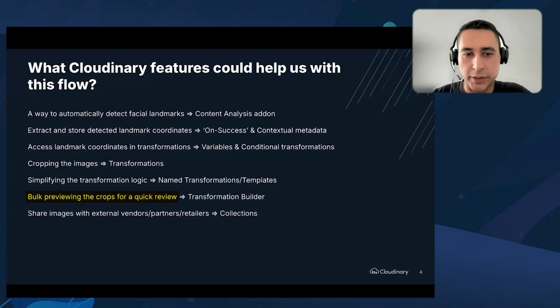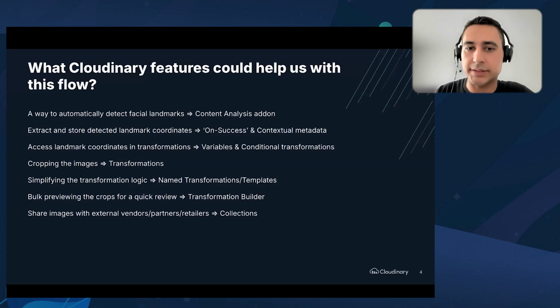We'll also review how we can go over all of the automated crops and review them before publishing. That's also important. So any solution we think about, we need to make sure that there are ways that the user can intervene in different steps and make it easier for them to correct anything that is not right. And lastly, we'll see how we can use collections to share all of these images with the transformations automatically with